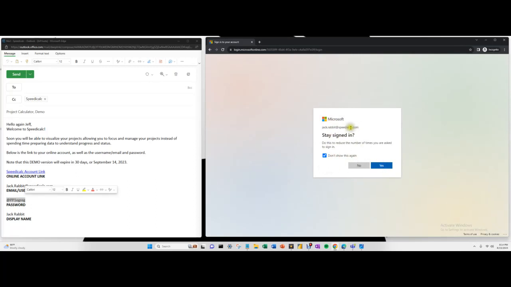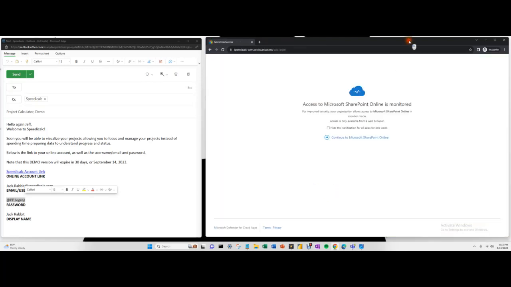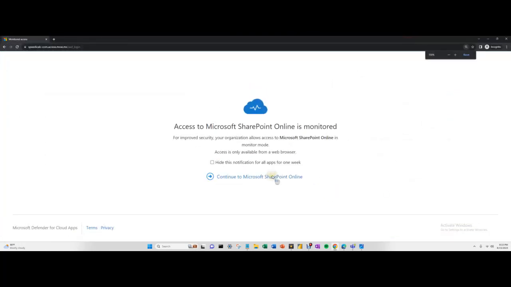FYI, this typically pops up all the time no matter if you check it or not, so you can do that, but because this is a demo, I'm just going to hit no. So it's your preference. Now you're going to get this window. What this means is this is a private account, so it is protected, so it's in the cloud. This is all cloud based, and so take a look at this, but what you're going to do is you're going to click on where it says continue to Microsoft SharePoint Online. So click that,